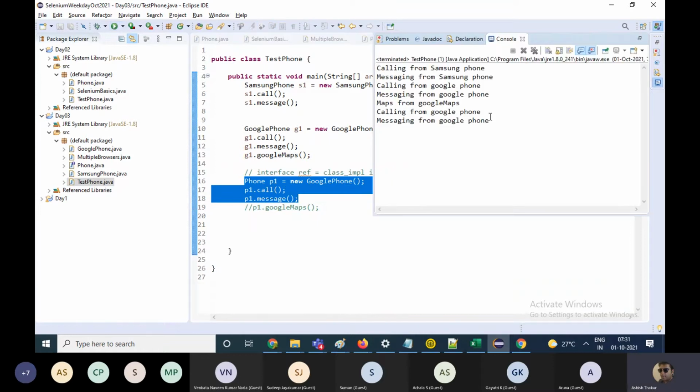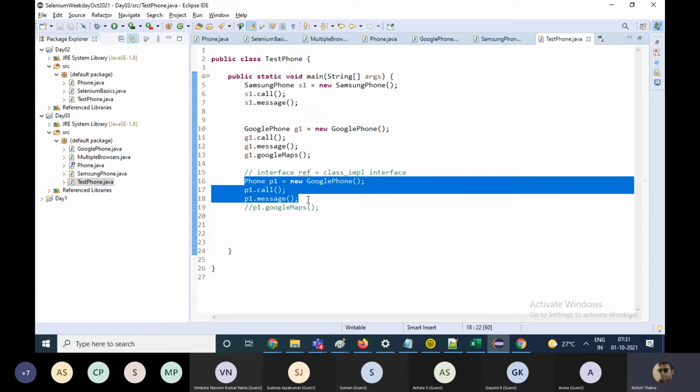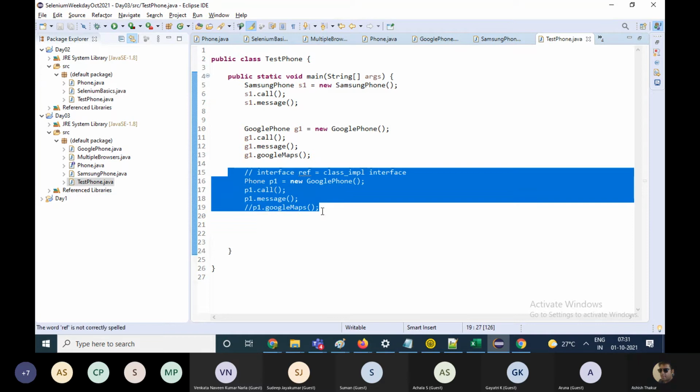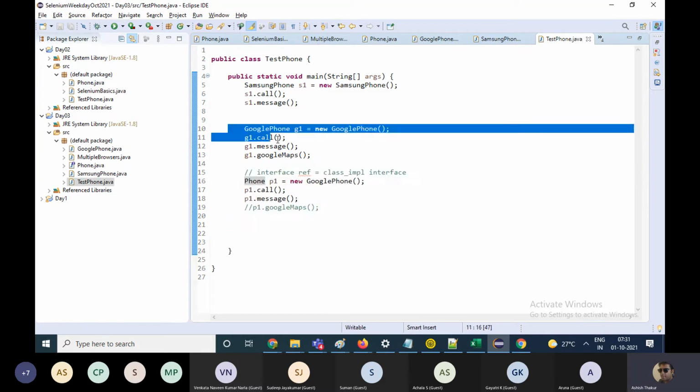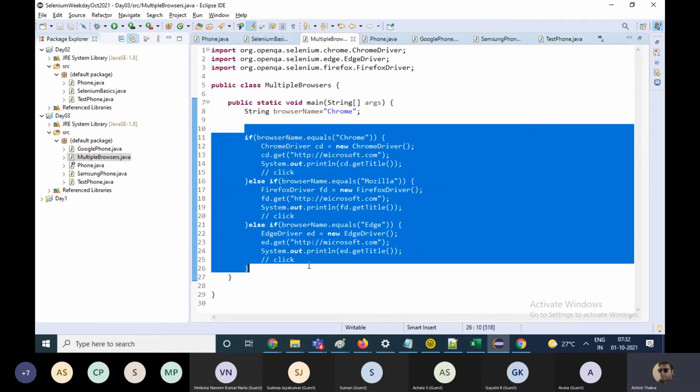All right, so you cannot do this. When you run this, you see it is calling the functions from the class, and these are the functions coming from the interface. So if you are creating object with the help of interface reference, you can only call the functions which are coming from the interface in the class. So what is the use of writing this line over this? And how will it solve our problem of multiple browsers? That is, a single script has to be written to run on multiple browsers.